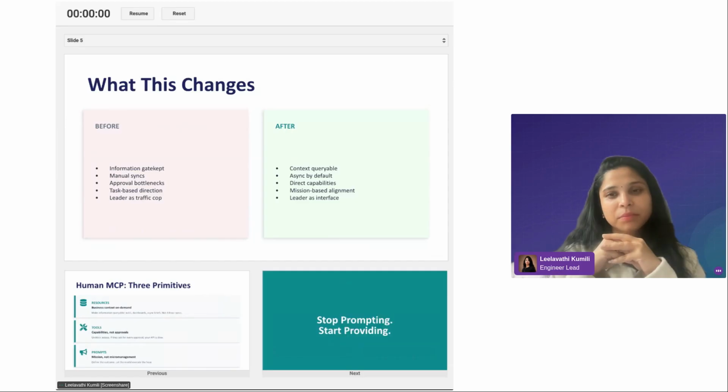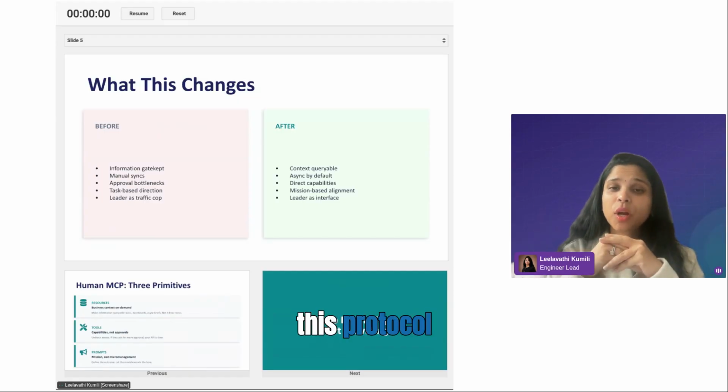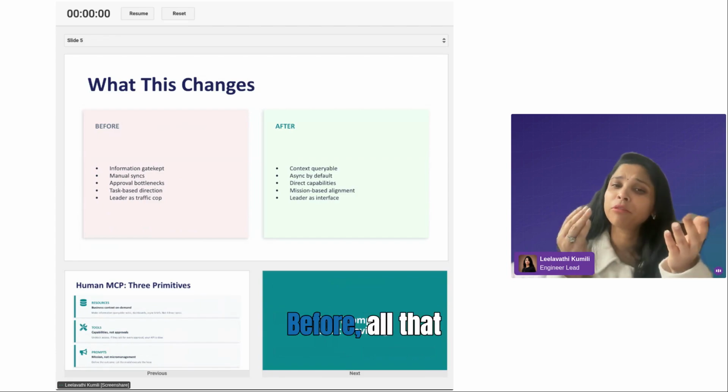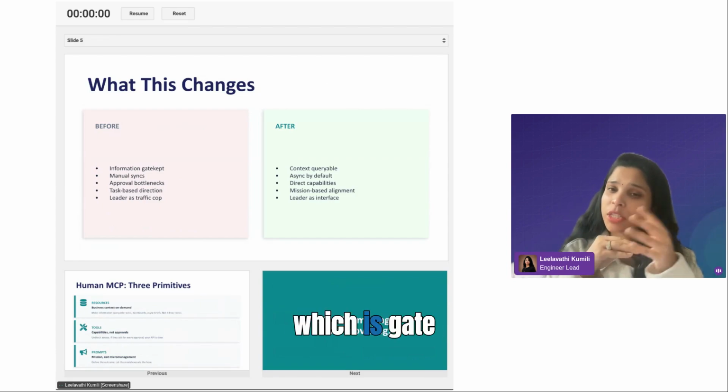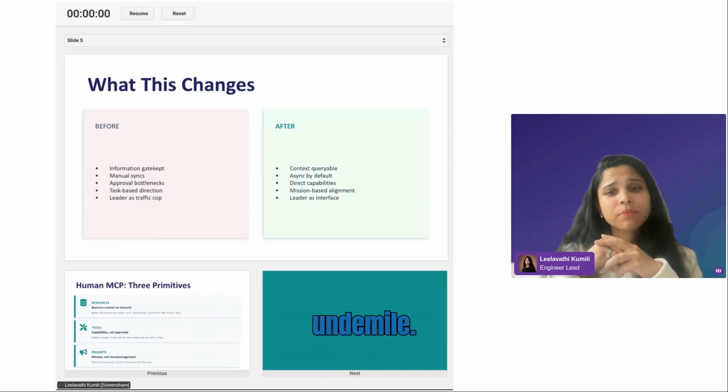Look at the screen. This is my favorite. So you can ask me, Leela, what would happen if we start implementing this protocol consistently? This is the change you would see. Before, all that information which is gatekept would become context, queryable on demand.